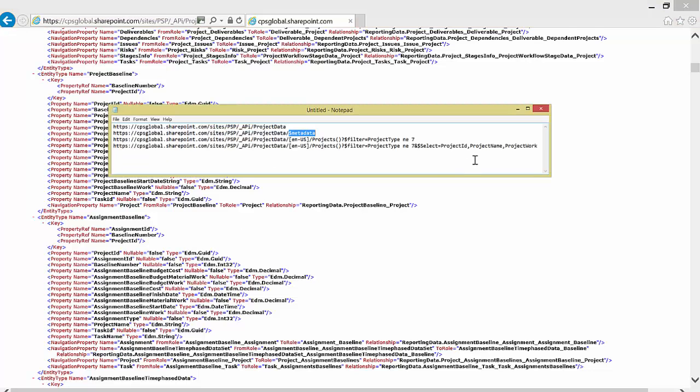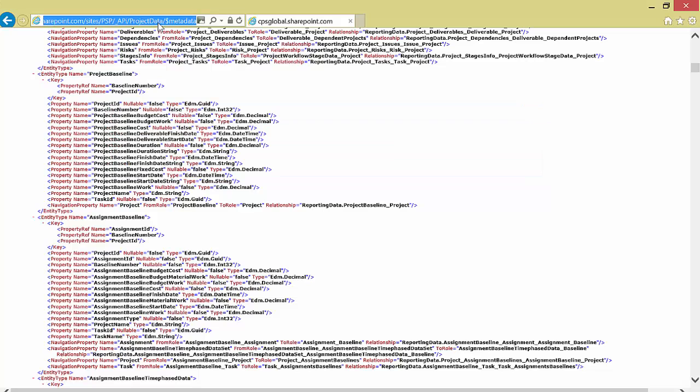So if we take a look at how you would optimize or make a query efficient, we'll look at the next query. What we've done here is added the filter query to the URL. Here, this is filtering for project type not equal to 7, because in Project Server and Project Online, the project type of 7 is actually a timesheet row. So we don't want to see that when we're looking at project information. So if I grab that one and paste that into the URL in my browser,